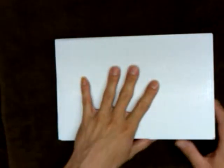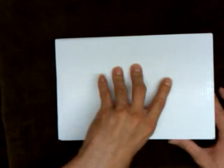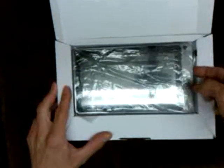Alright, it all can be put on after you buy the tablet. But it won't come with it. Also, it doesn't come with GPS, Bluetooth, or vibration. Alright, keep that in mind. But other than that, let's